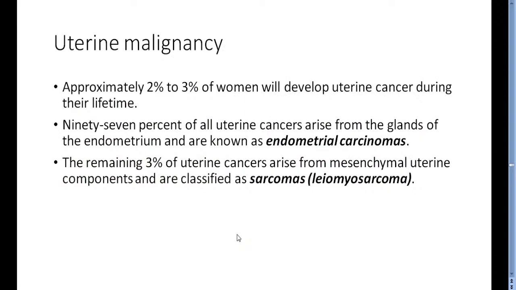Now, the cancer of the uterus and precancerous disorders of the uterus. Approximately 2-3% of women develop uterine cancer during their lifetime. 97% of all uterine cancers arise from the glands of the endometrium, endometrial carcinomas. The remaining 3% arise from mesenchymal uterine components, which we call sarcomas or